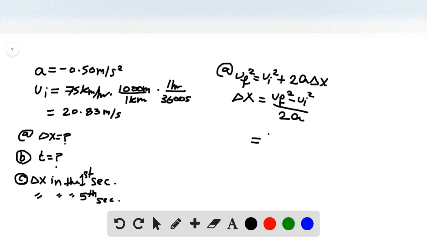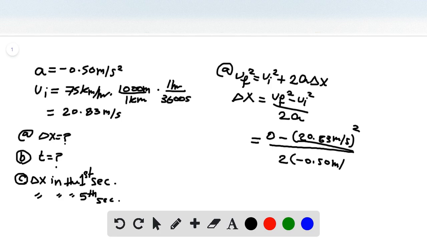The final speed was 0, and the initial speed we found to be 20.83 meters per second. Don't forget to square the whole v. Divide by 2, multiply by minus 0.50 meters per second squared. Remember, the car is slowing down, so it's a minus sign here. To plug in these numbers, you get a value of